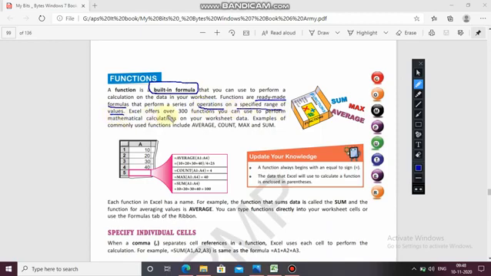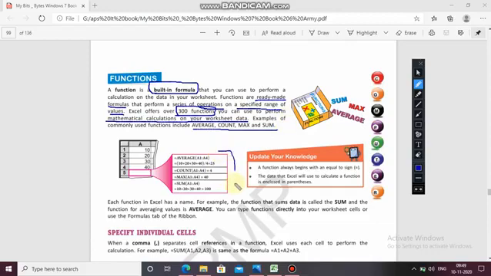Excel offers over 300 functions you can use to perform mathematical calculations on your worksheet data. Example like average, count, max, sum. So these are the function formulas.